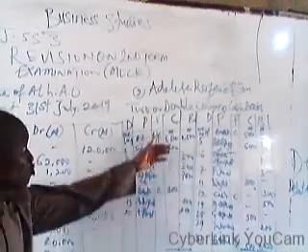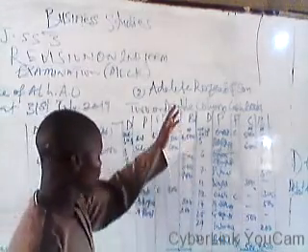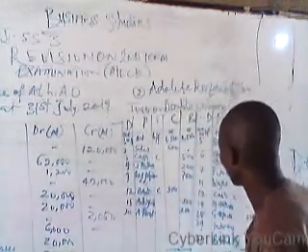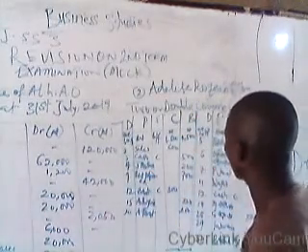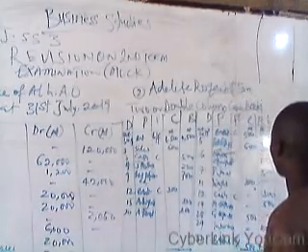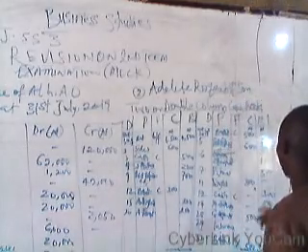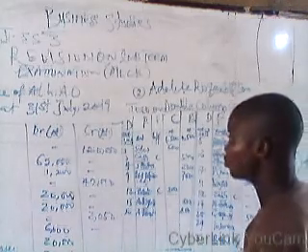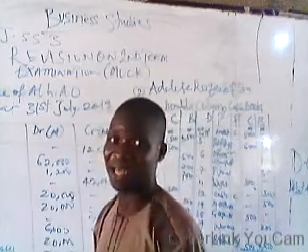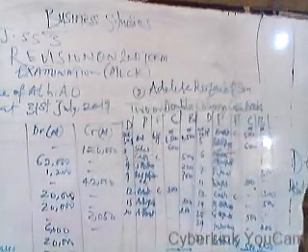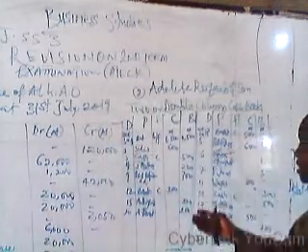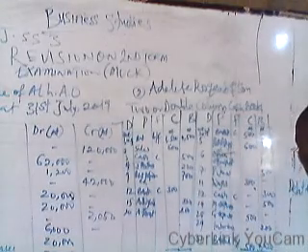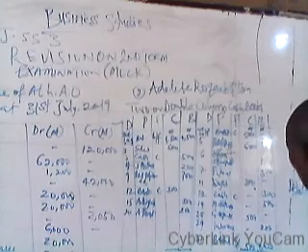This is the end of the two-column cash book. Then after preparing all this, you now add all the columns together. Add the column in debit under cash, add the column in debit under bank. Add the column in credit under cash, add the column in credit under bank. Then after adding, you look at which one is bigger than the other, which one is in excess. You see whether the debit side is greater than the credit side, or the credit side is greater than the debit side. This is how we are going to do our calculation.